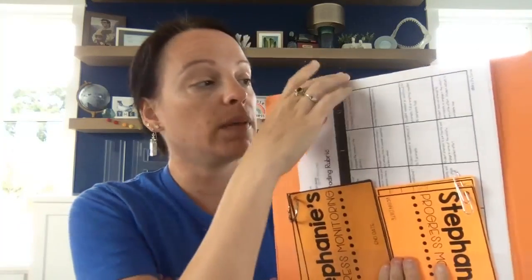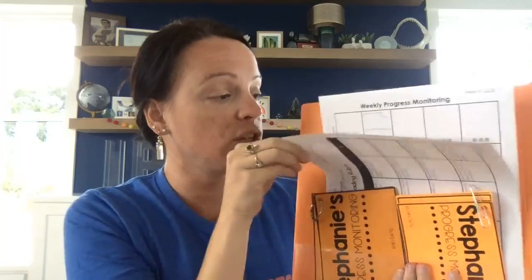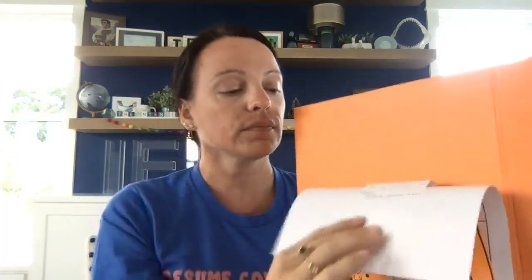But also I will keep it in their binder. So here is this participation rubric, and this is also my weekly progress monitoring. You can see here I have a sticky note on the back of this one that has data. Now, all of my weekly lesson plan progress monitoring things will go into a file folder that goes